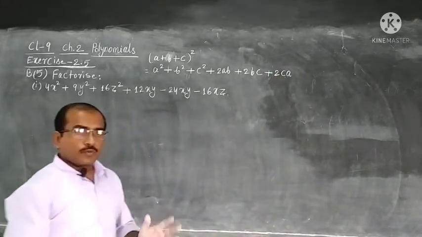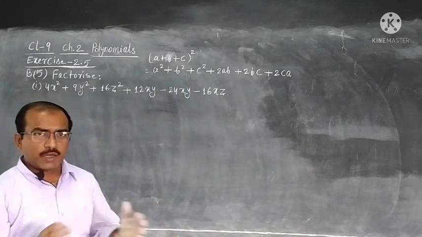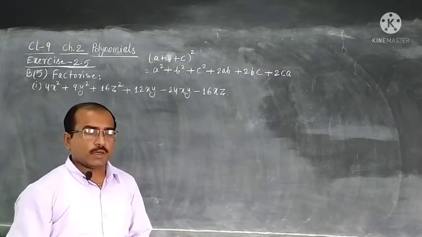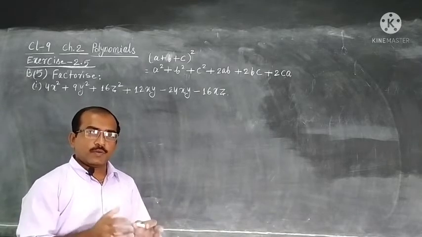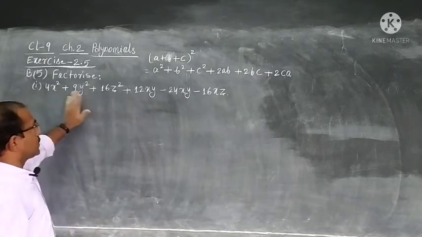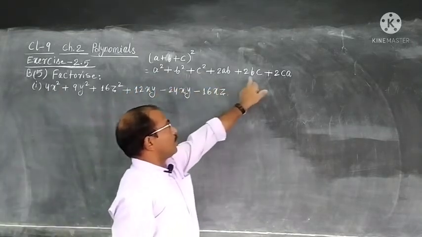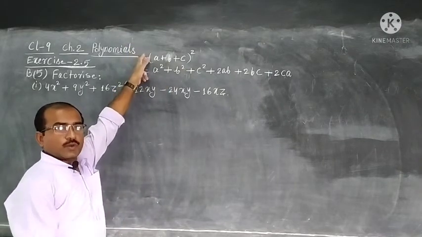And also we saw in question number 4, using this identity when we were expanding the given polynomial, that minus also was there, and wherever minus came we used minus sign. So here also, this is given in this form and we have to arrange it in (a plus b plus c) whole square form.